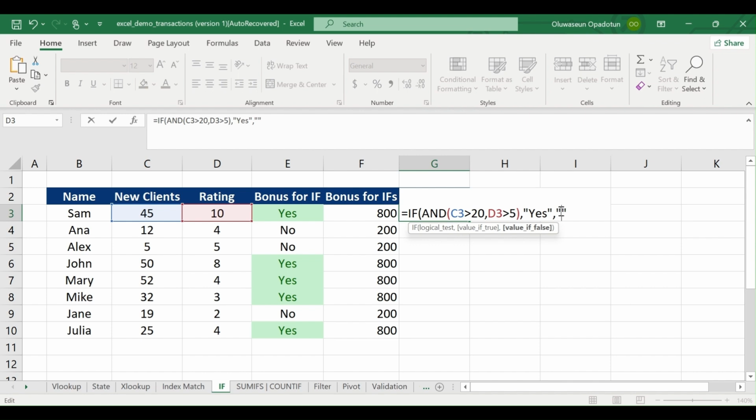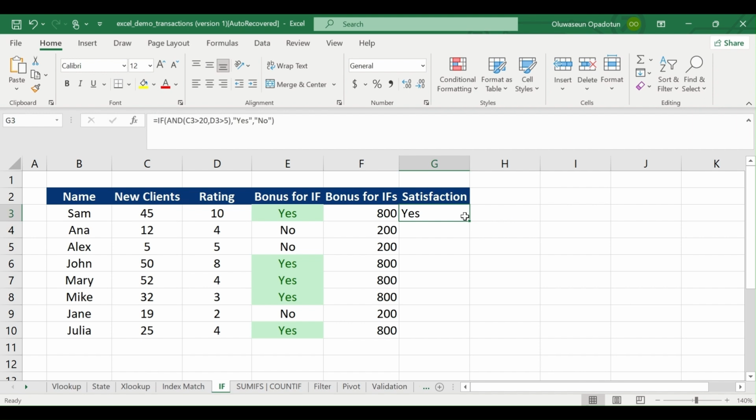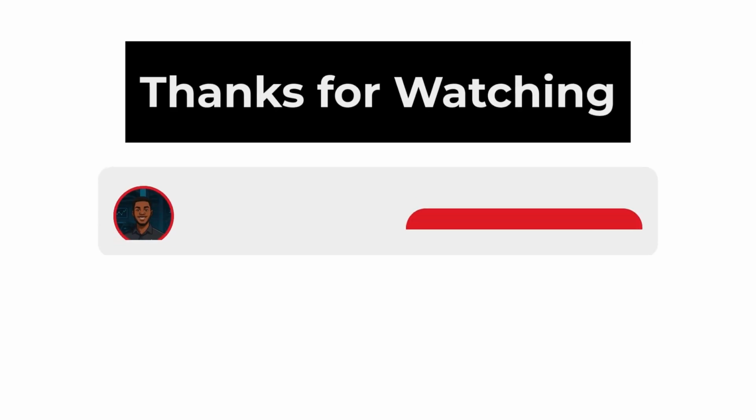Why AND is very important is that these two conditions must be true. If one is false, it will not go through. So these two have to be true. If you want it so that you satisfy at least one of them, then you use an OR statement. But if you want both conditions to be satisfied, then you use an AND statement. So you can see now, I can just roll it down. This one wouldn't satisfy it because it didn't bring in 20 clients and it has less than 4 ratings from the client. So basically this particular field agent